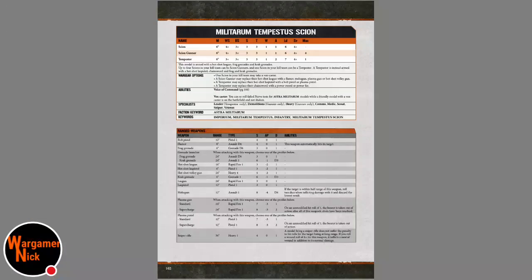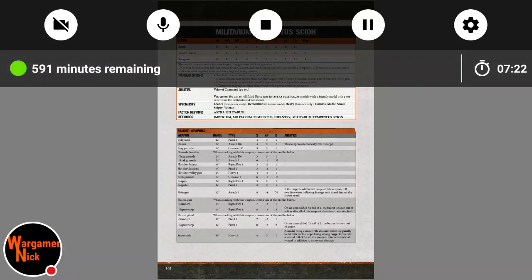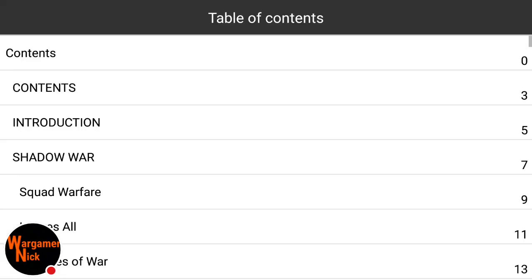specialist rule. Good golly gosh, I can't speak English. How long are we on today? So currently on 7 minutes. We'll try and speed up a little bit. Anyway,